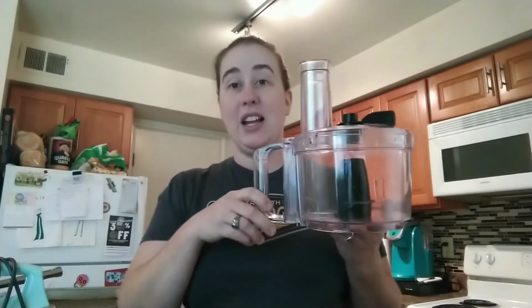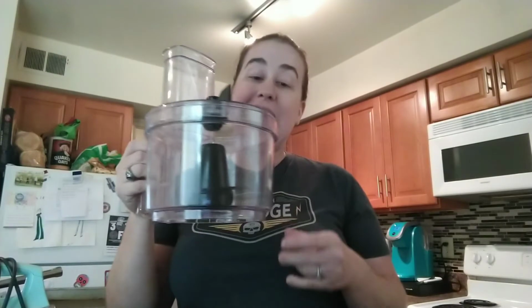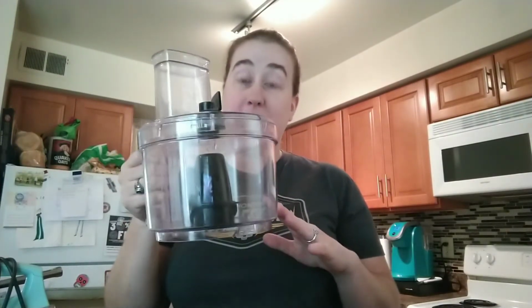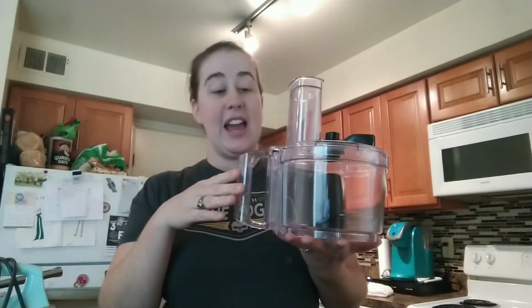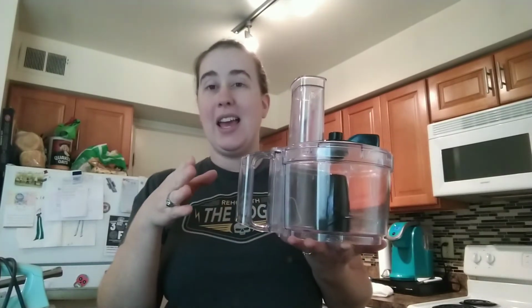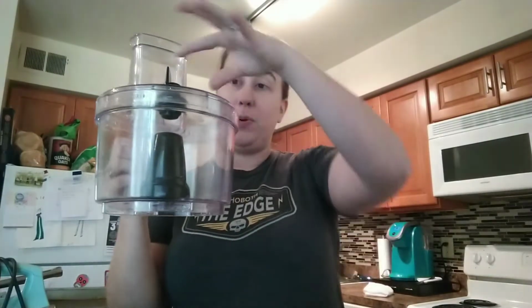The next thing that I want to talk about is the bowl to my food processor. I believe the food processor is a Cuisinart, but this came with a shredder attachment and a slicer attachment. It also came with, you put it in